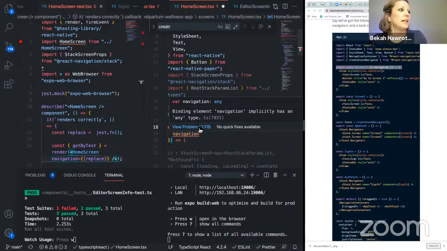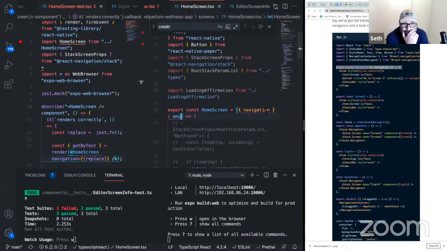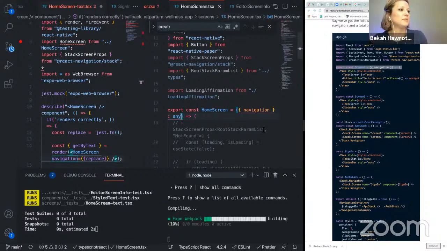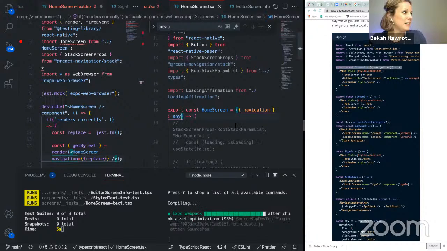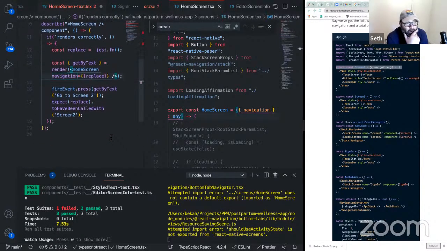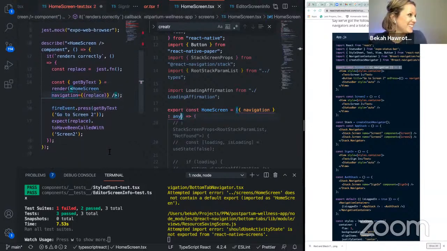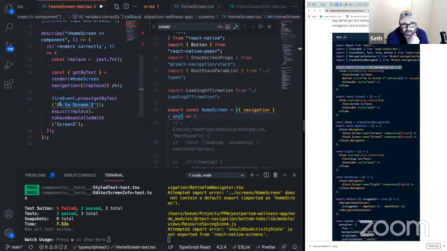Well, I need an any. How do you make a type of any? Well, I think you do colon and then any, right? Is that here? After, yeah, I don't know. I don't do TypeScript. It's on my list, but there we go. Did something. Okay. Hey, then look, it's not making any. Yeah, so it was definitely a TypeScript thing. Yeah, there you go.